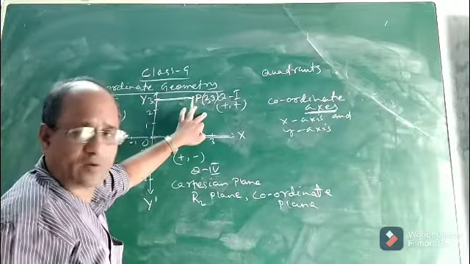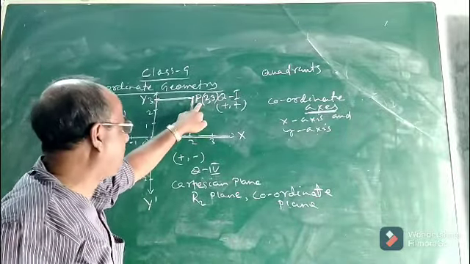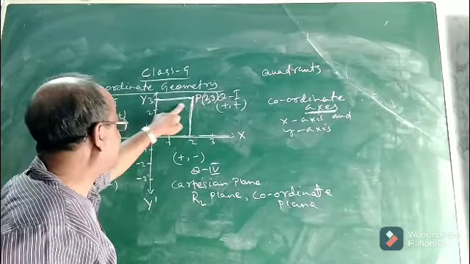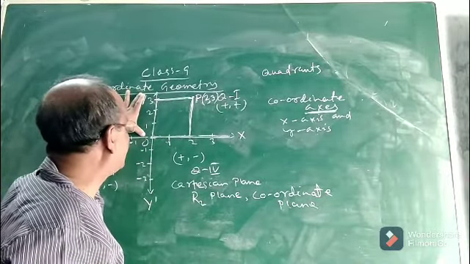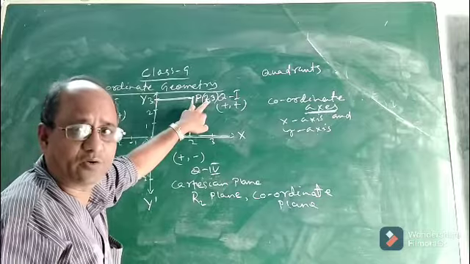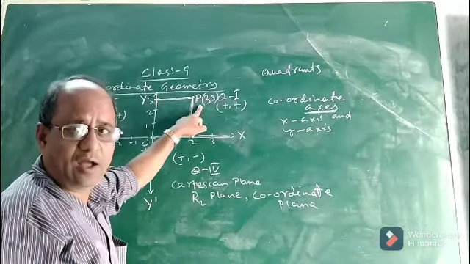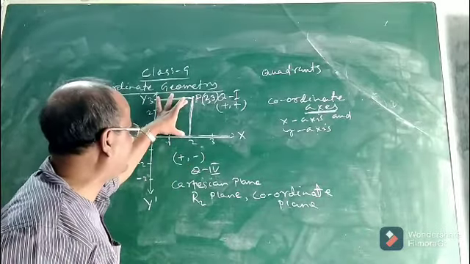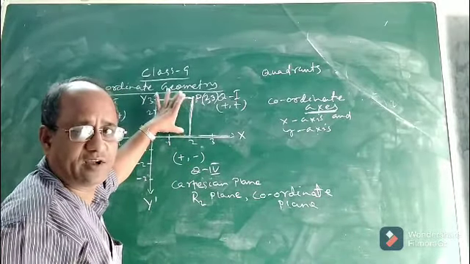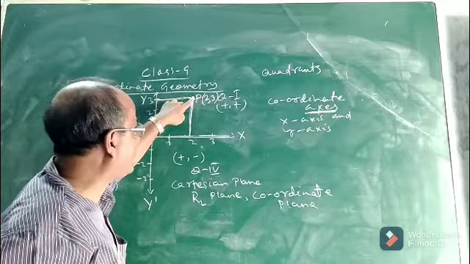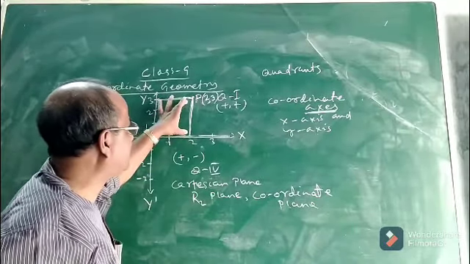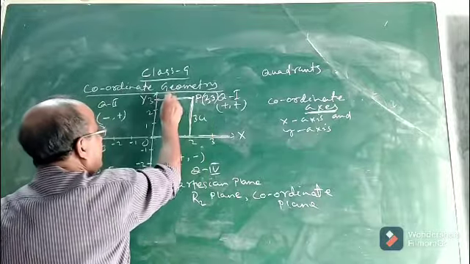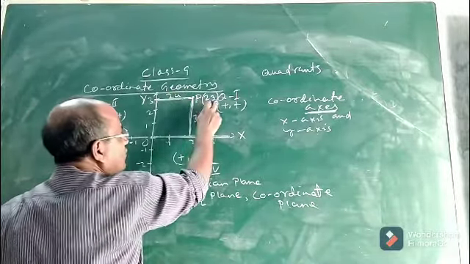P in the first quadrant, the point P is at a distance of how many units? At a distance of 2 units from which axis? From the y-axis. So here I have written 2. And now if I ask you, at what distance is the point P from the x-axis? Clearly this is the distance from the x-axis. The perpendicular distance of the point P from the x-axis is this much. This will be your 3 units and this will be your 2 units. So here I have written 2 and 3.